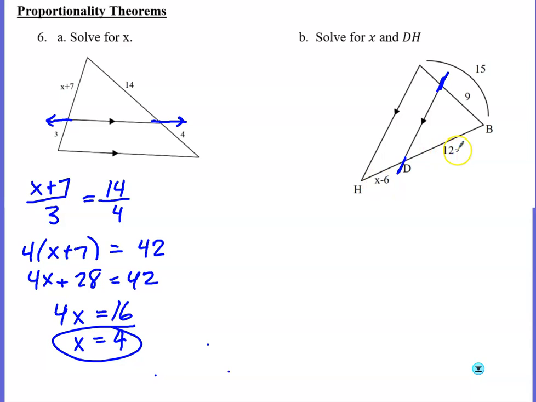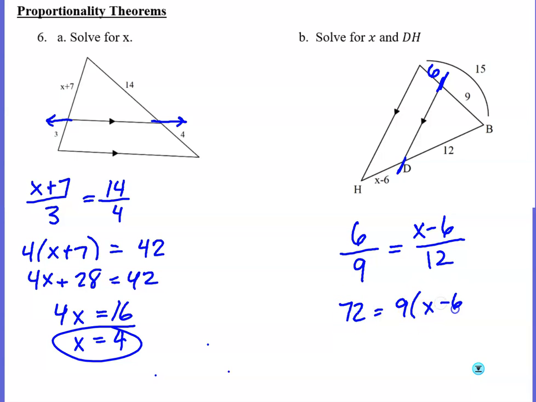I have these two, but I need these two to be able to work with this. Well, the good news is, if this is 9 and the whole thing's 15, I can just subtract to get that that's 6. So I can do 6 is to 9 as, going in the same direction, x minus 6 is to 12. And then I can cross multiply. So I'm going to add the 54. I'm going to divide both sides by the 9. And I get